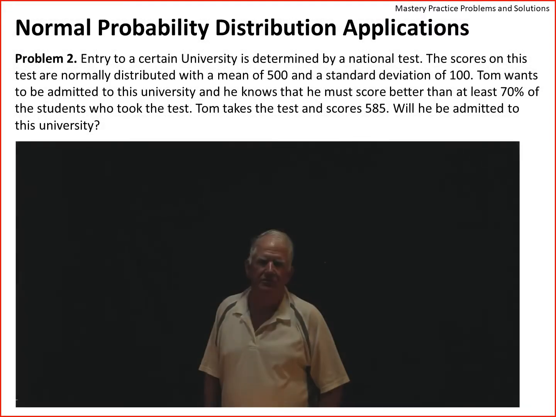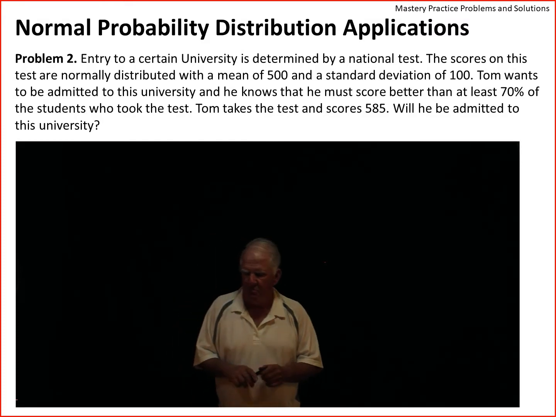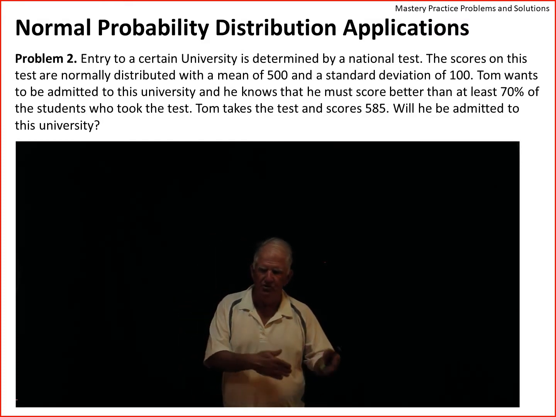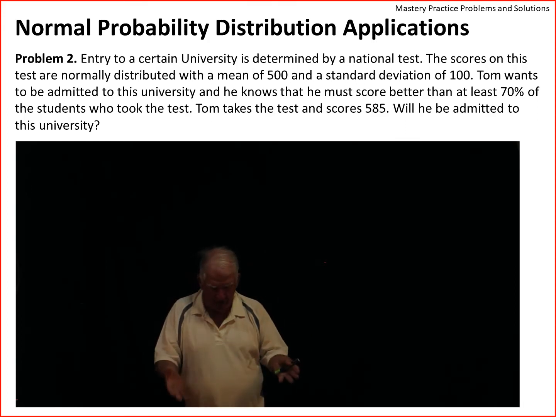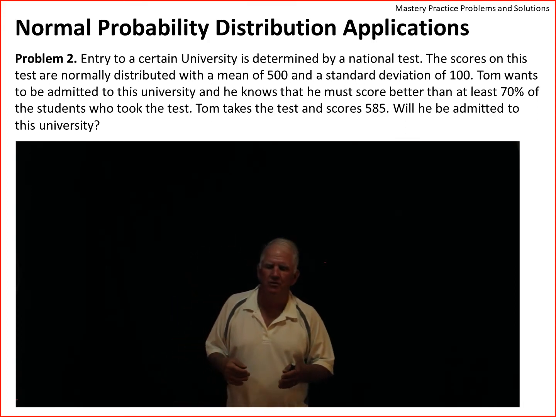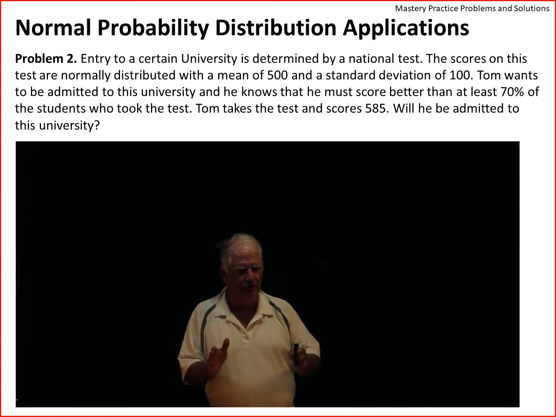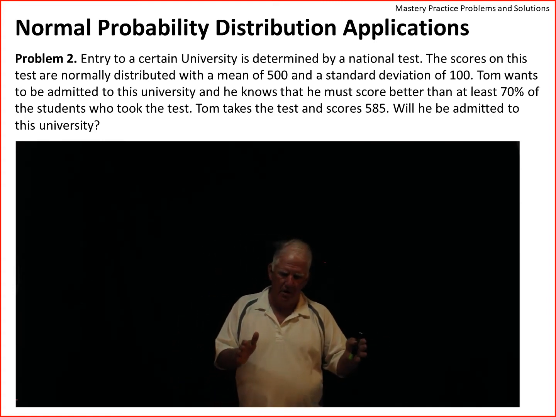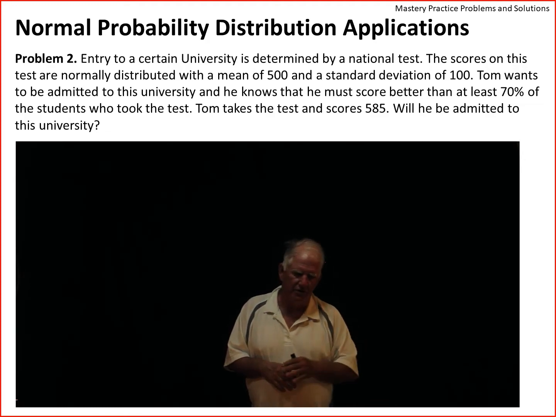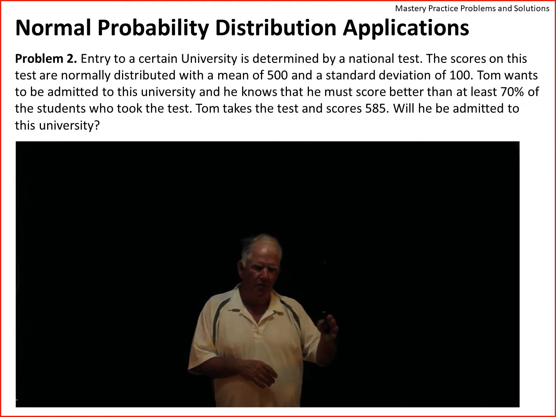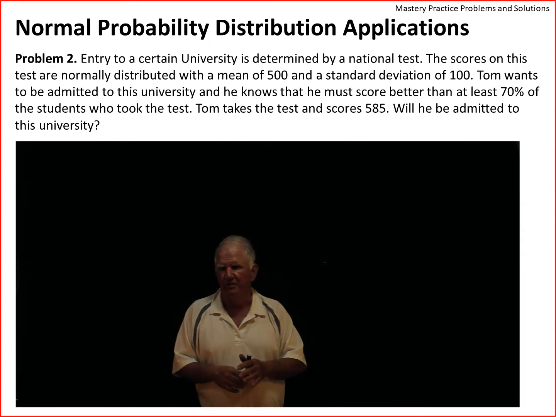All right, we still find ourselves working on normal distribution applications. This is the second problem. And this problem says Tom is trying to get into university. That university requires for entry that you score above the 70th percentile. You need to get a score on their entrance exams which is better than 70% of the people that take